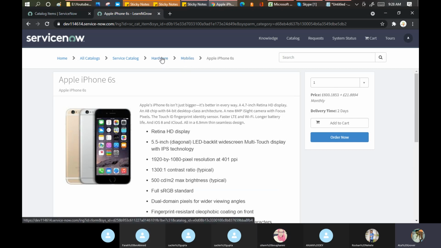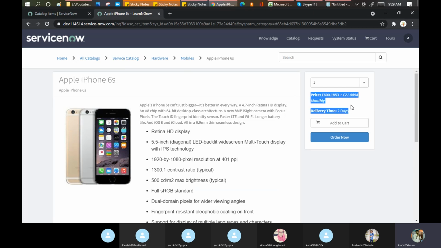Hardware is a category appearing in the service catalog. Now I'll show you where this pricing and the delivery dates are coming from. When you click on order now, to whom will this approval go, and how can you configure your own approval? These things we are going to discuss.